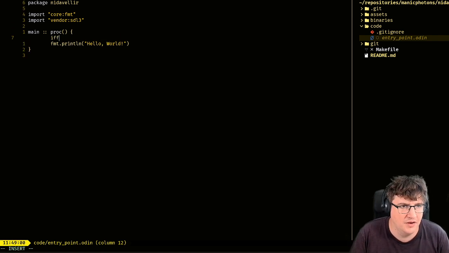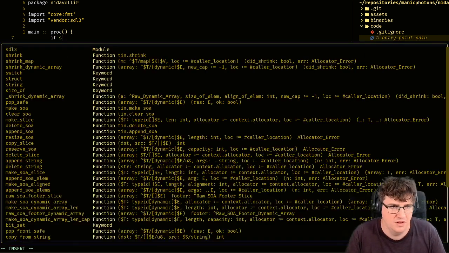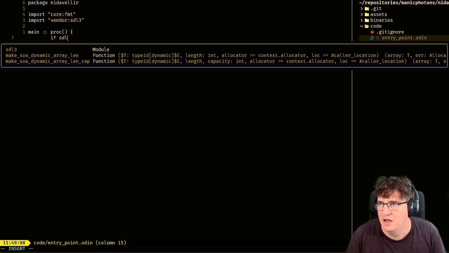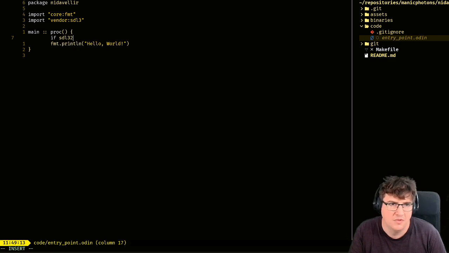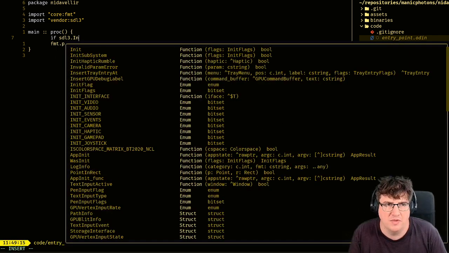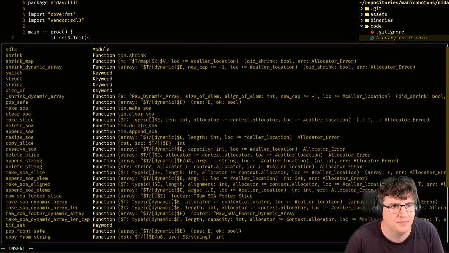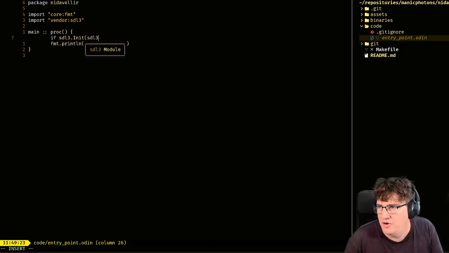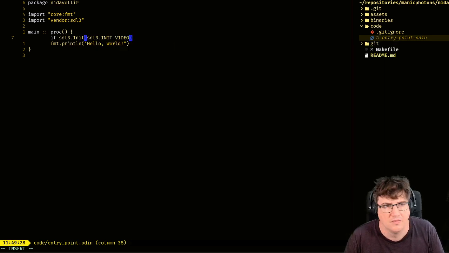So we start in SDL3 by initializing. SDL3, because that's what I'm using. I could just make an alias to make that just SDL, but it's fine. In SDL3, SDL3.initVideo, and if that fails, we need to handle it.